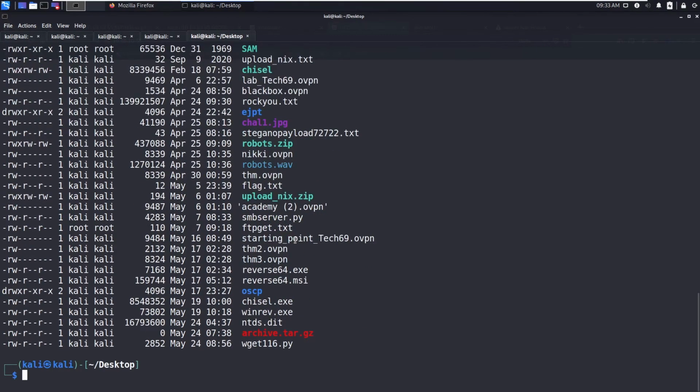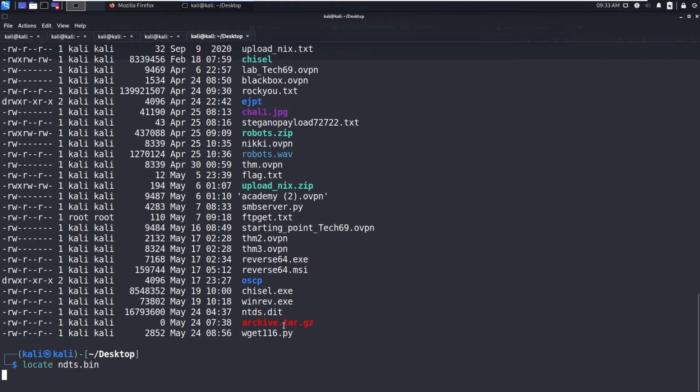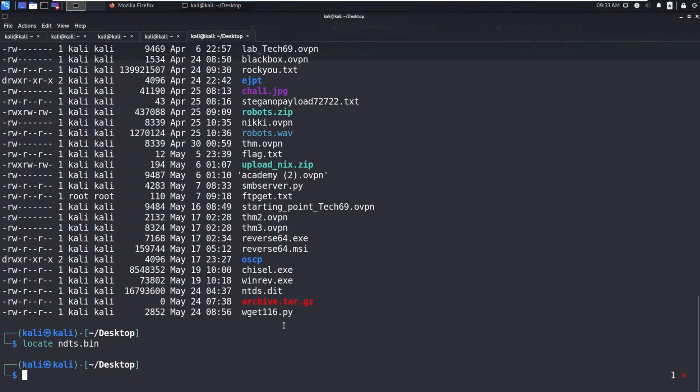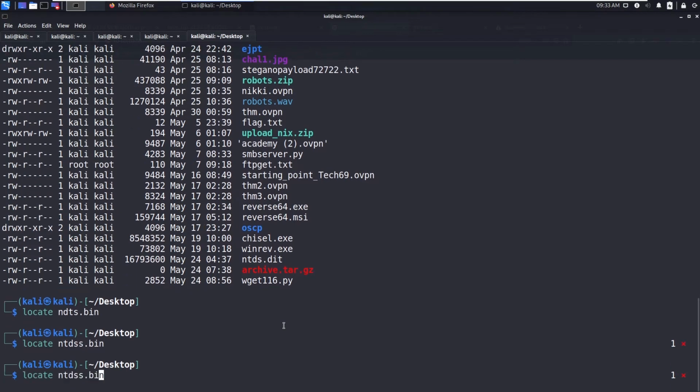I have saved them somewhere, I don't know where those are. So ntds.dit, and let's locate ntds.bin. Sorry, ntds.